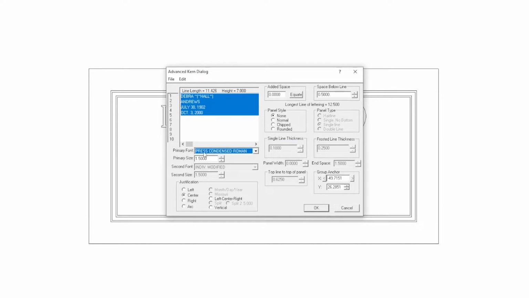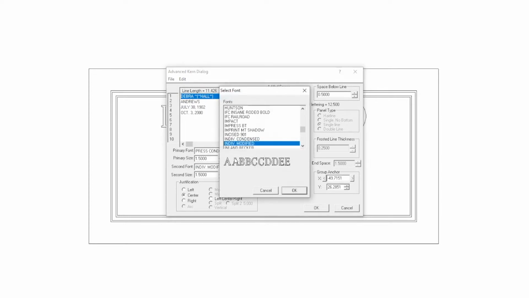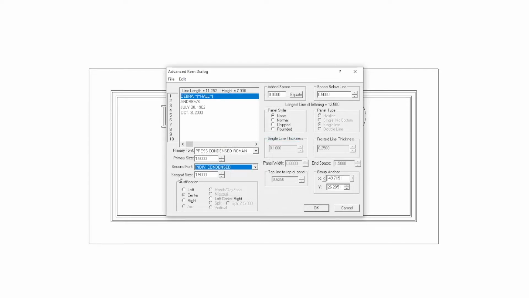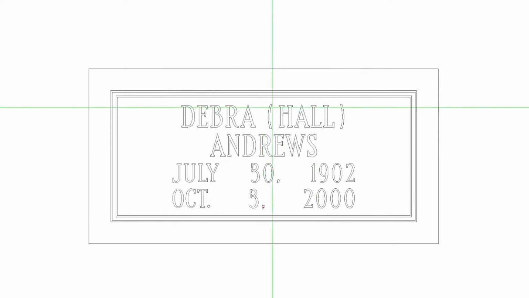So if you want to change everything at one time, Control A highlights all lines, and you can change the font, the space between. You can even change the letter size if you want them to be all the same letter sizes. So now I'm going to go back, since I have it to be condensed, and show you what individual condensed looks like. Again, same size letter. You can see they're a little different. That's kind of why I really like the individual